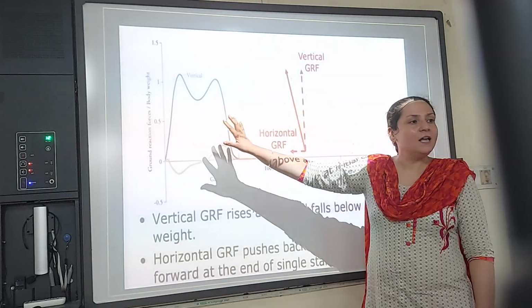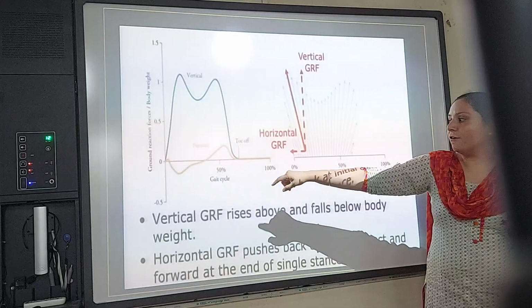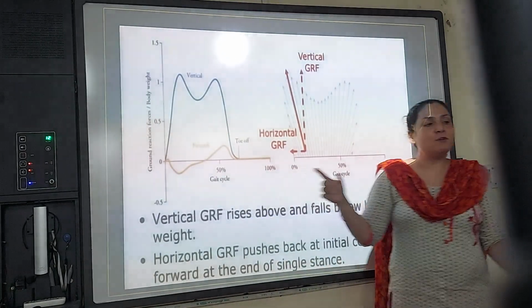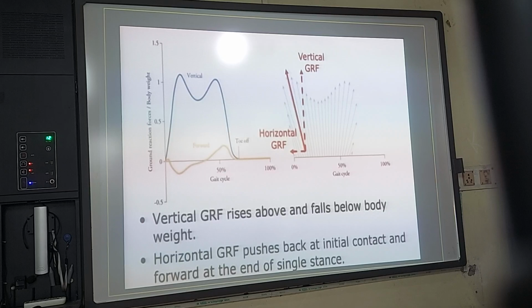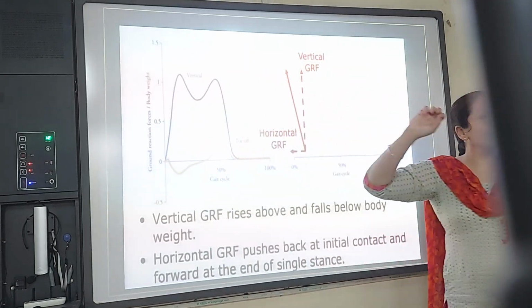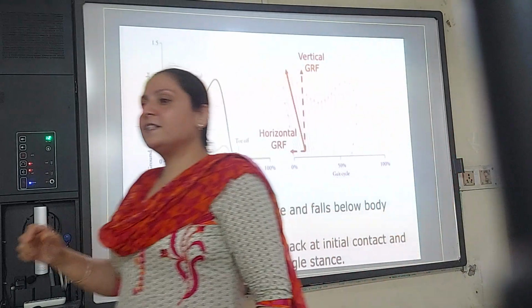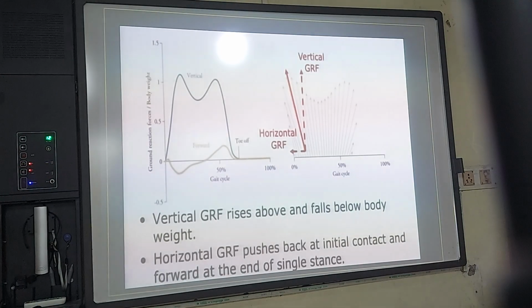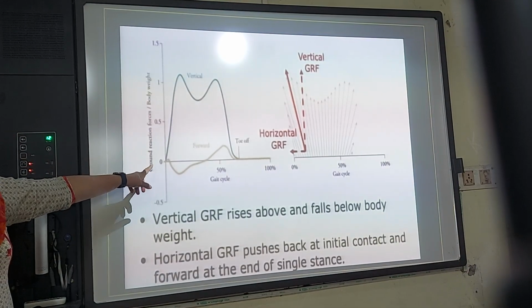This curve is clear. Now what happens over here is at toe off, that is at about 60%. We assume that stance phase is 60%. So in this cycle, if it is 100%, up to 60% you will find the ground reaction force will act. But what will happen in swing phase? Since the foot is not in contact with the floor, there will be no ground reaction force. So this will be the graph. And do you understand this graph now? Is this clear? Fine. So what we see is, when a person is walking, we see a ground reaction force like this.